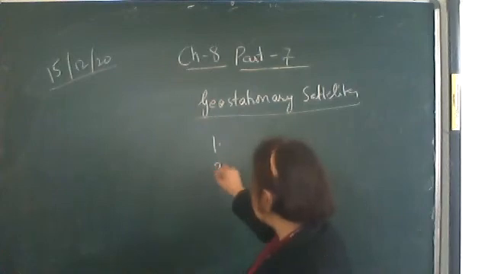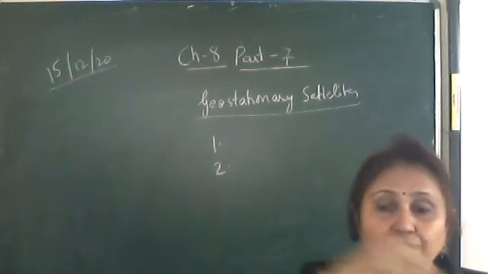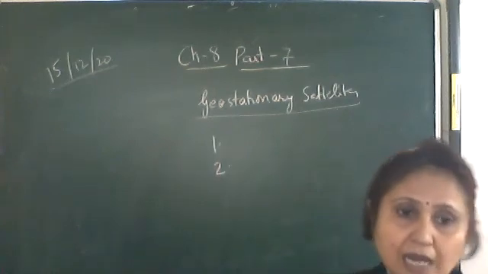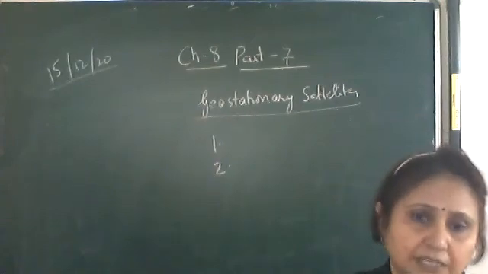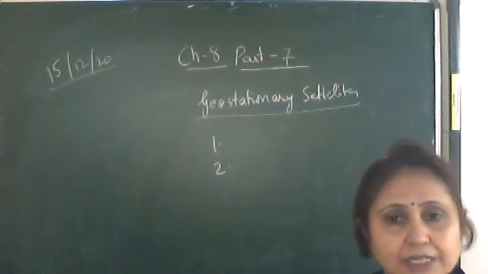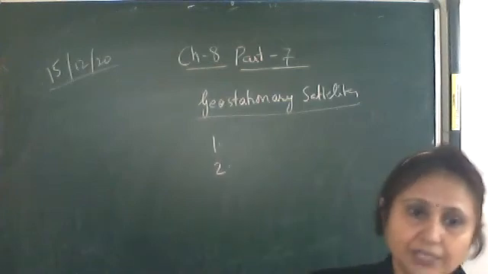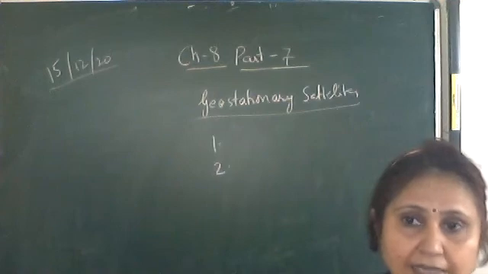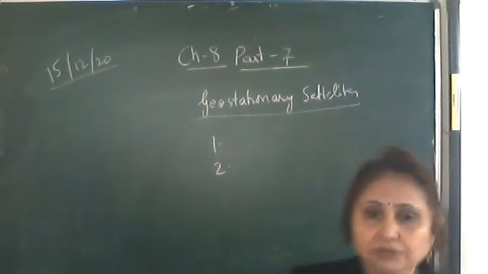Okay, the second necessary condition is it should be revolving above the equator, at a height of 36,000 kilometers. This is calculated. It comes out to be 35,800 something. So approximately we can take it to be 36,000 kilometers. So above the equator it should revolve, at a height of 36,000 kilometers. So write down the second condition.